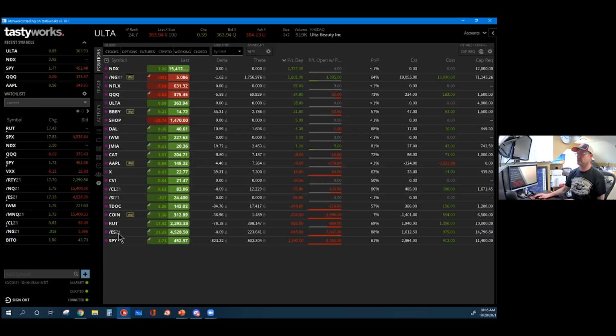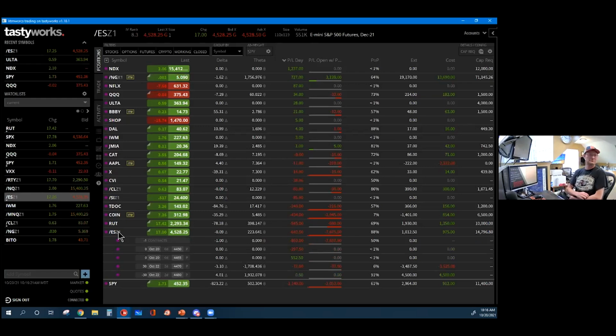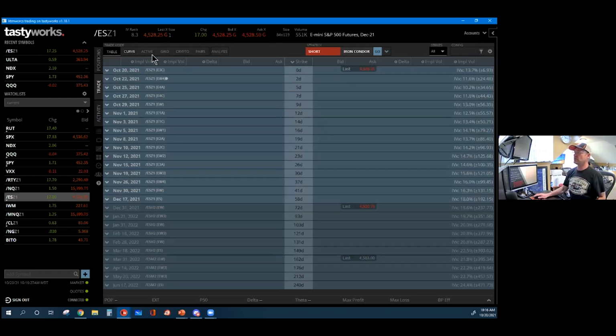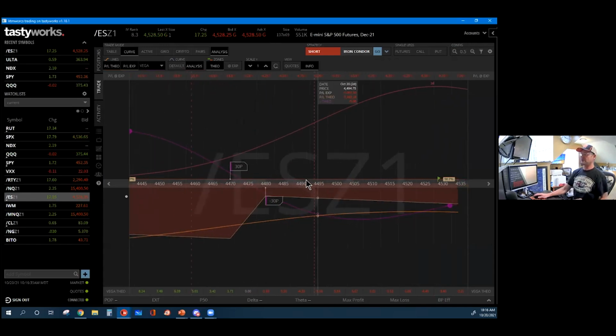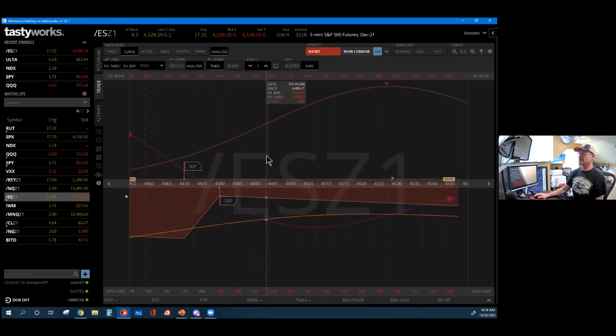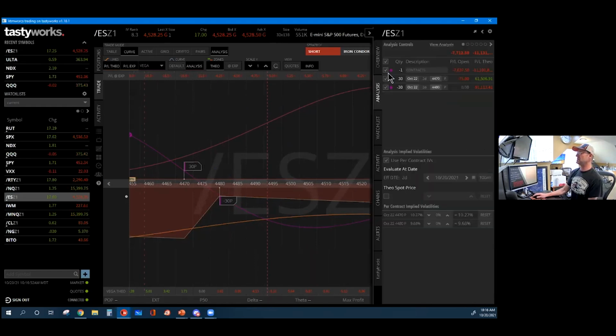Unfortunately, here in Tastyworks, if you put this into the curve, just make sure I've got the right position. There's my short position. There's the spread. Now, if you put that in the curve, it doesn't work, right? So I use OptionNet, a software program, to illustrate this. There's a couple of other ones that you can use as well. But if you were to look at it, maybe let's do this. That's not going to work either. I was going to say, if we remove the short position,